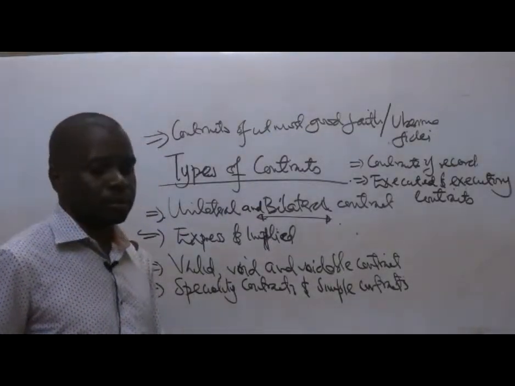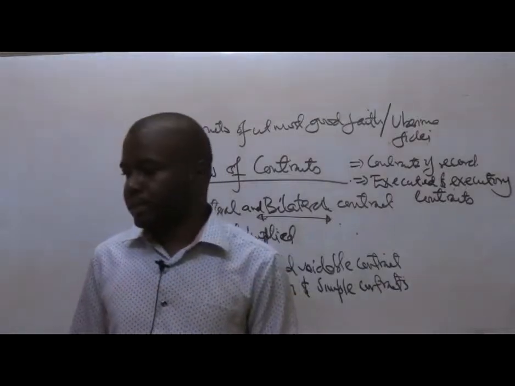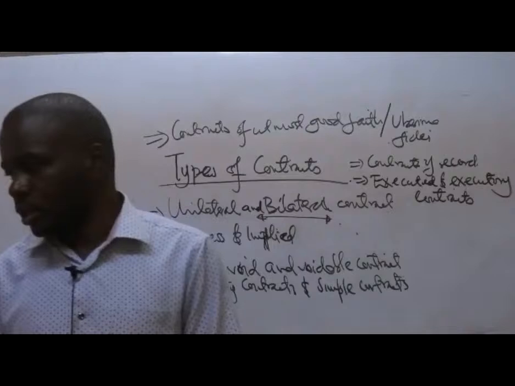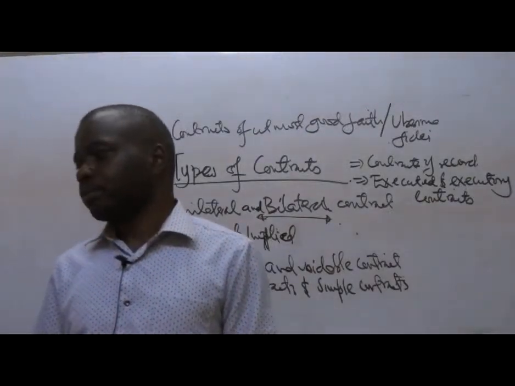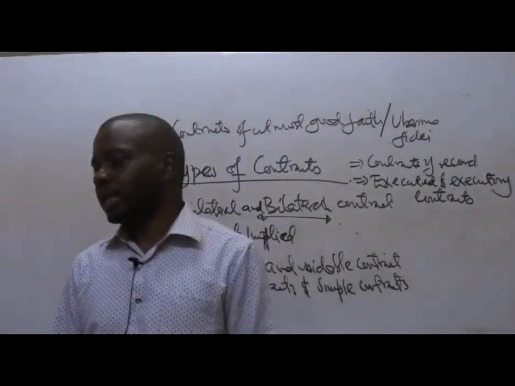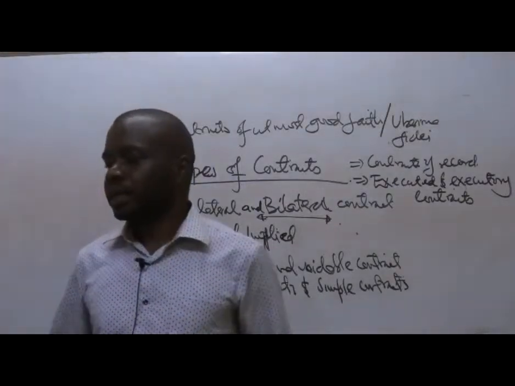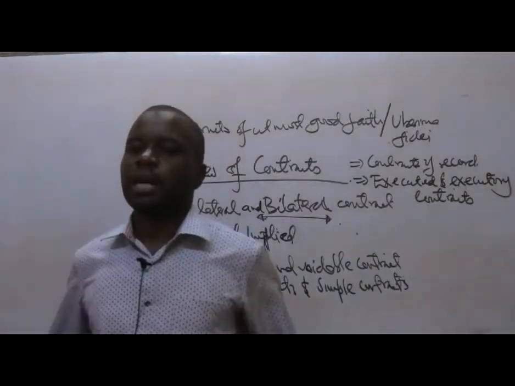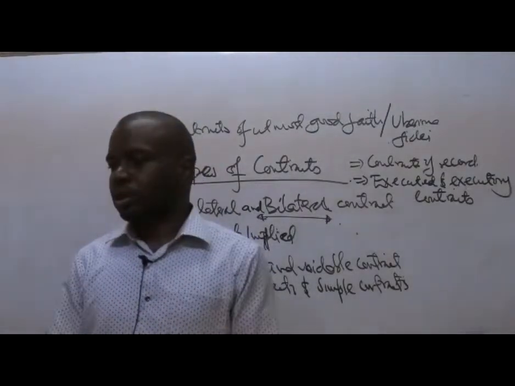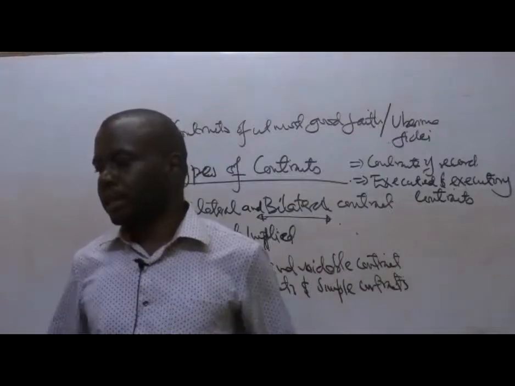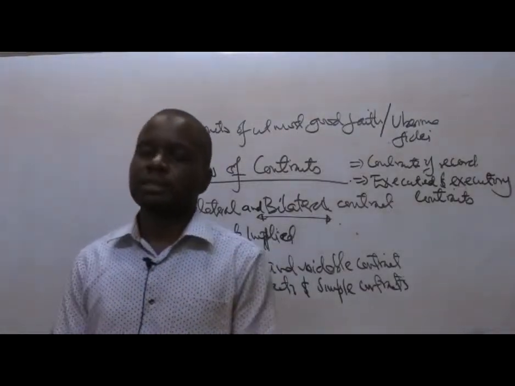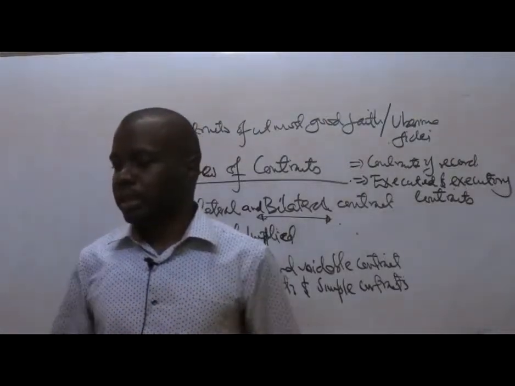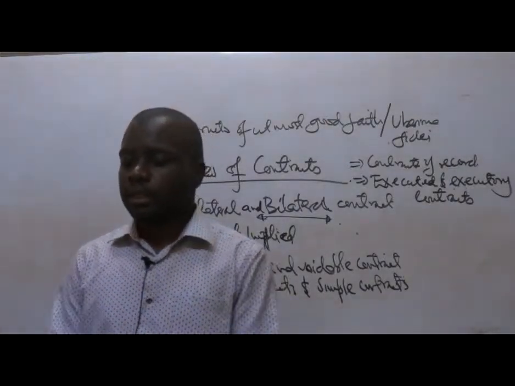Then you have an express or implied contract. An express contract is one in which the parties specifically agree about the nature and terms of their relationship. So in this case, the terms are very express. They come from the parties. When you talk about an implied contract, it is like a formatted contract that is expected to be in a particular format. You can't change that format. There's a standard way in which that contract is normally carried out.